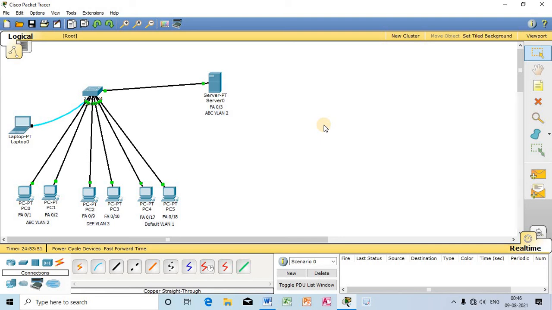So one thing that would have been possible is to run the trunk command, because we already discussed in the previous video, the VLAN part 2 lecture, that by running the trunk command we can make a particular port a friend of all VLANs.